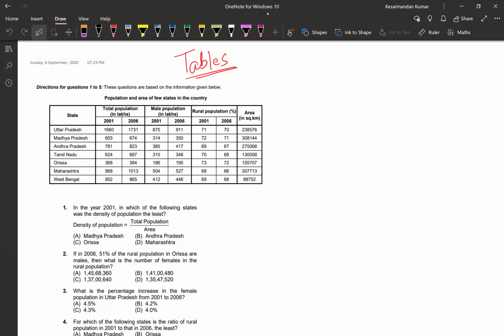That is the unpredictability of DILR, and that I would say is the beauty of DILR, because you just cannot mug up anything and go there. In quant, you can mug up so and so formula, so and so structures. If such a sum comes, use such and so formula. You can still mug up the structure of how to solve a VARC.